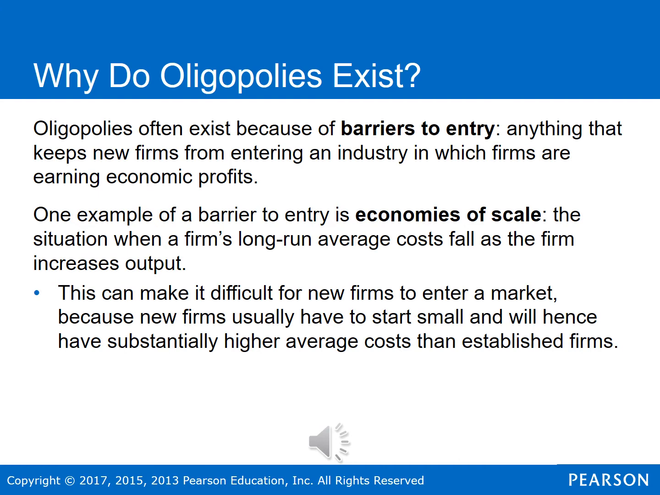So there are three main barriers to entry that we're going to talk about that cause oligopolies. The first example is economies of scale. Remember, that's a situation when a firm's long-run average cost falls as the firm increases output. This can make it difficult for new firms to enter the market because new firms usually have to start small, so they're going to end up having greater average costs than established firms. So it's going to be more difficult for them to get